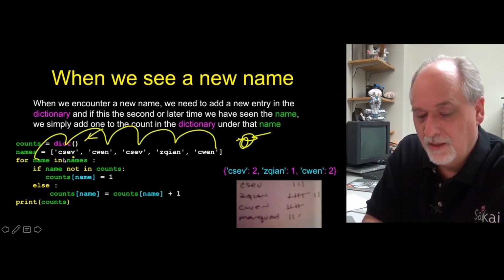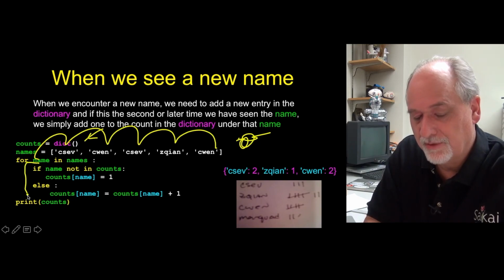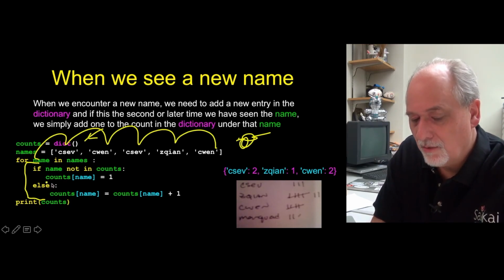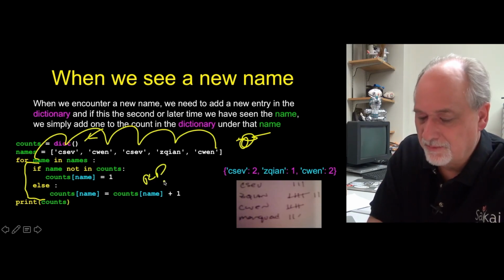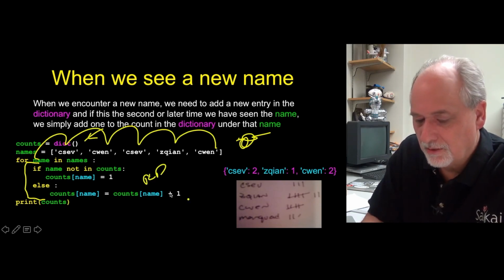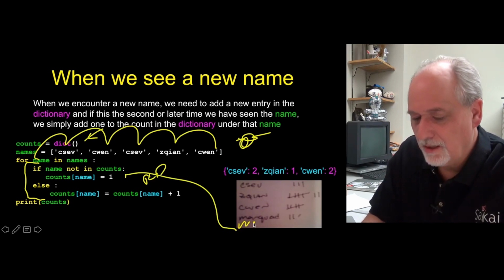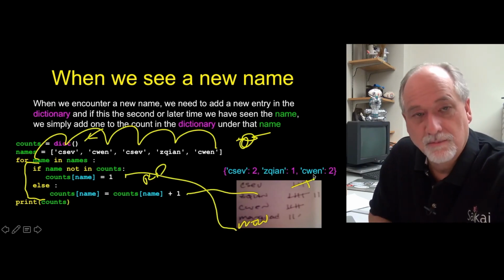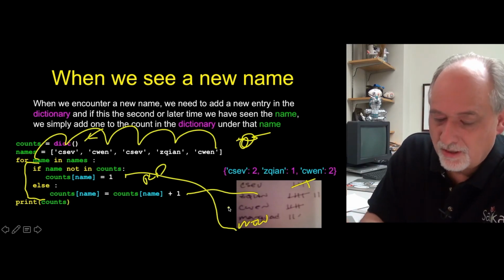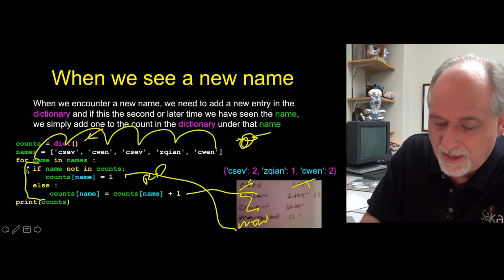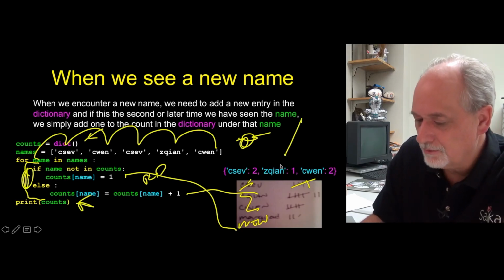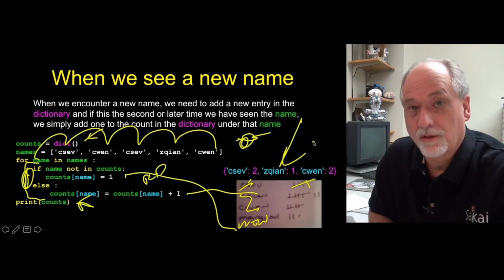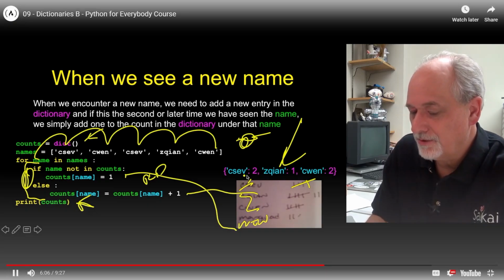So that starts out empty, and we're going to do a simple if-then-else every time through the loop. If the name we're looking at is not in the dictionary already as a key, then set it to be 1. If it is, go get the old value, counts at name, add 1 to it and stick it back in. So this line right here is adding a new thing, and this line right here is adding to existing things. You do this long enough, starting with an empty one, and at the very end it will print out the histogram that you're looking for. And so you say, oh, we've seen csev twice,